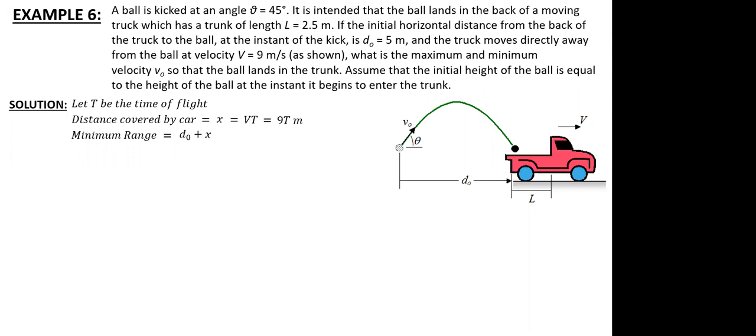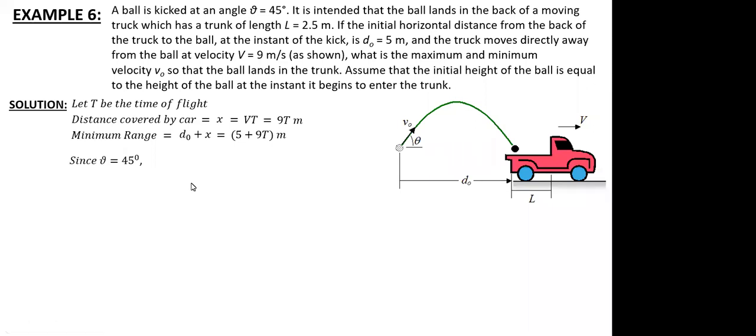And this range means the ball will get into the corner edge of the trunk, means it is going to enter at the outside corner, at this point it will enter. So if I directly substitute your d naught value and x, d naught was 5 and x is 90 from the above case, what you got. Now once you know these values, I know the minimum range.